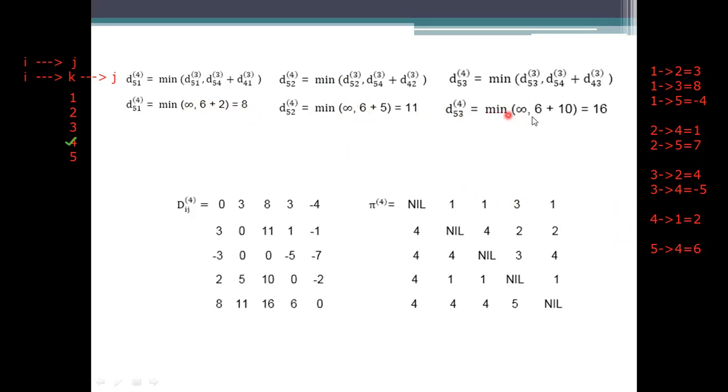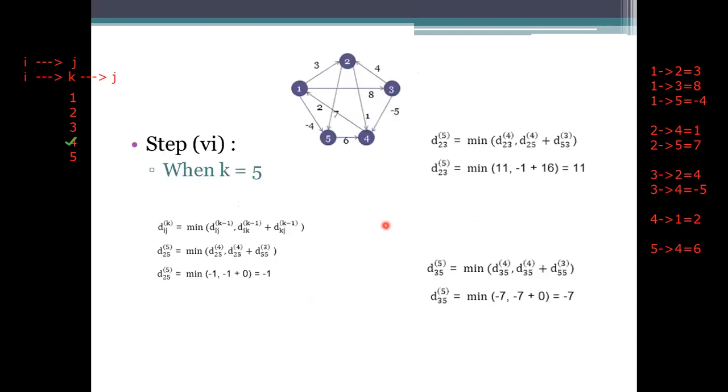And 5, 3. 5, 3 here is 5 to 4, 4 to 3. 5 to 4 here is 6. 4 to 3 has been considered as a 10. If you see this one, okay. So here the value has been 16. Now we fill all the values here. There is no such value for the processing here, but we need to see whether these values are the final one or not. If any updations have to be done, we need to specify here.